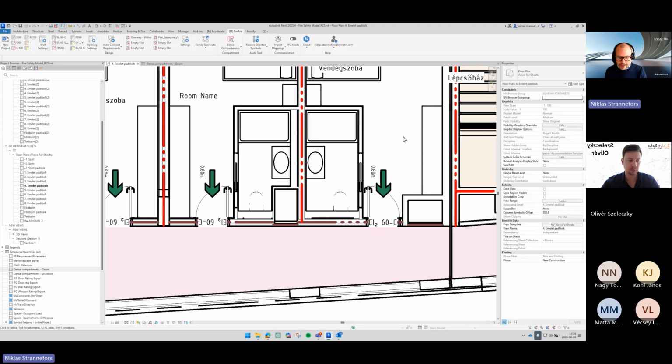We can press Control S to save. So we save our model. So the idea behind Bimfire, as you know, hopefully, is that we want to communicate this information to the architect